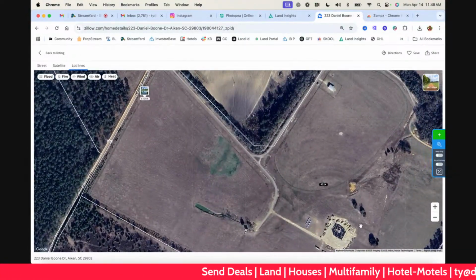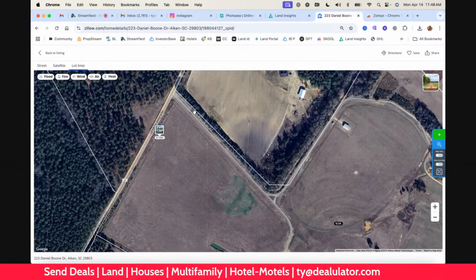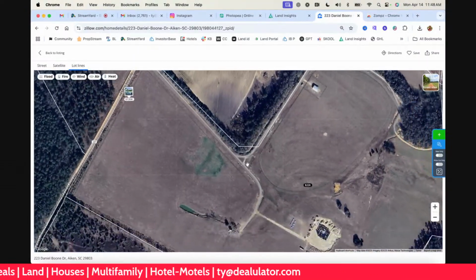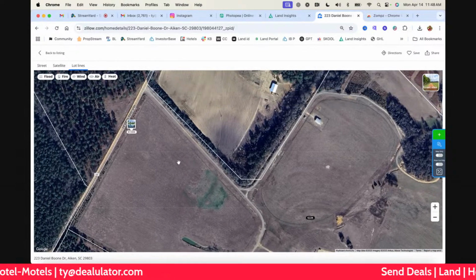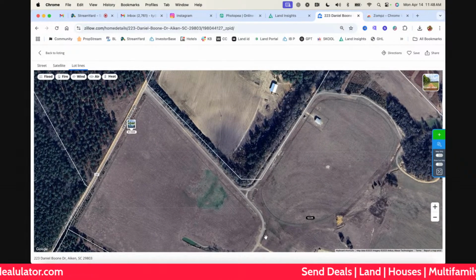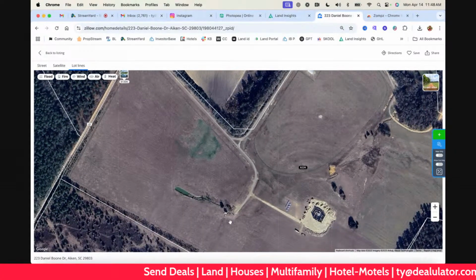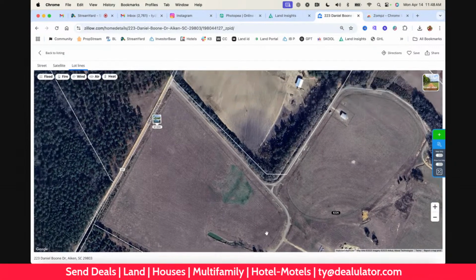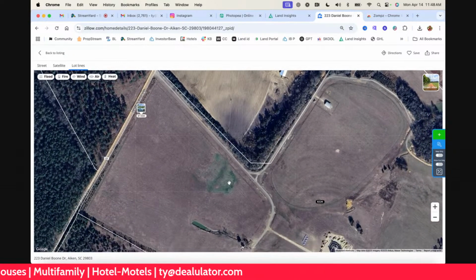Looks like the house is in the center of the property. So you really drive off the main road there. And this is not considered a platted road by the county or the state. This is just a driveway. They would consider this, right? Just a long driveway. And I guess the structure of the house is back here. Looks like there's one right here also. So this would be one that we would add to our list.